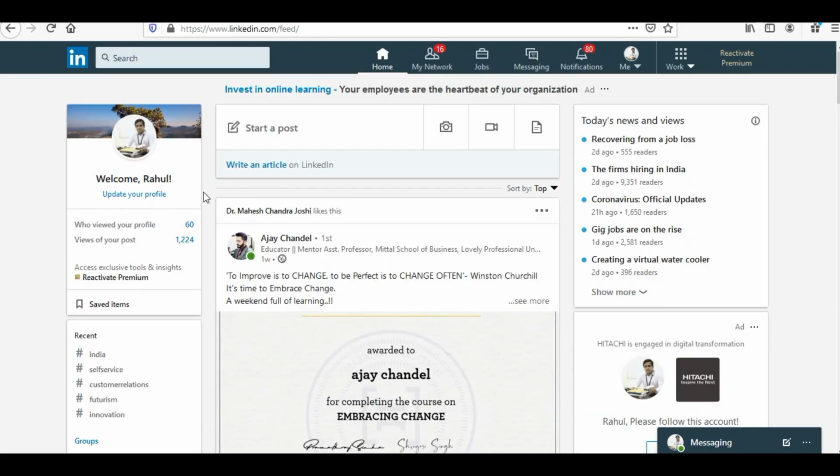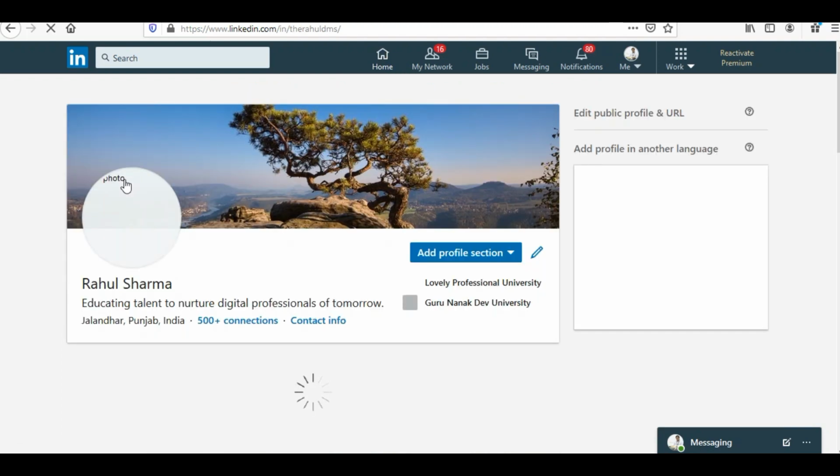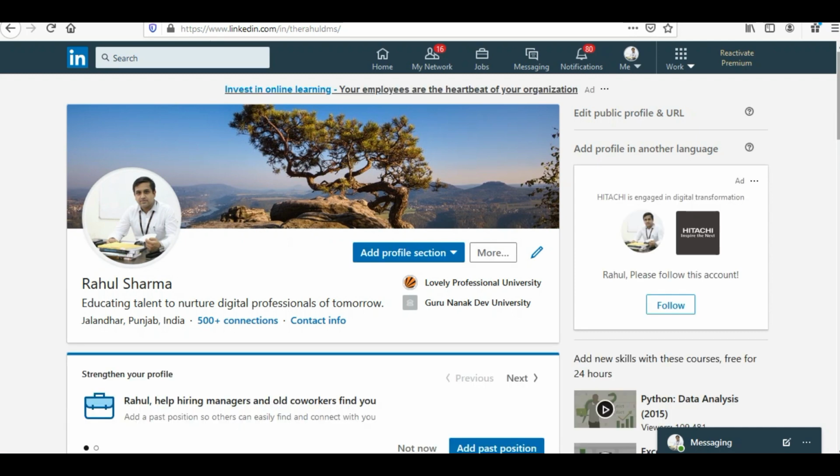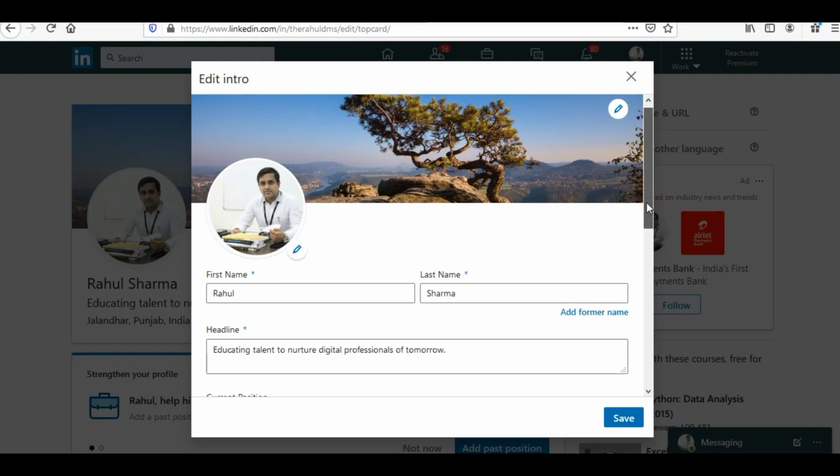So the very first thing you need to take care of after creating the account on LinkedIn, or after logging in for the very first time, is your profile. See, I'm going into my profile. I have clicked on my name on the left side, and I have been taken to my profile page. On this page, I'm able to see my name, my headline, and other details. The first thing I need to take care of is the photo over here, which photo I am using. If I click on this pencil button, the edit button, I enter my profile editor where I can edit the intro.